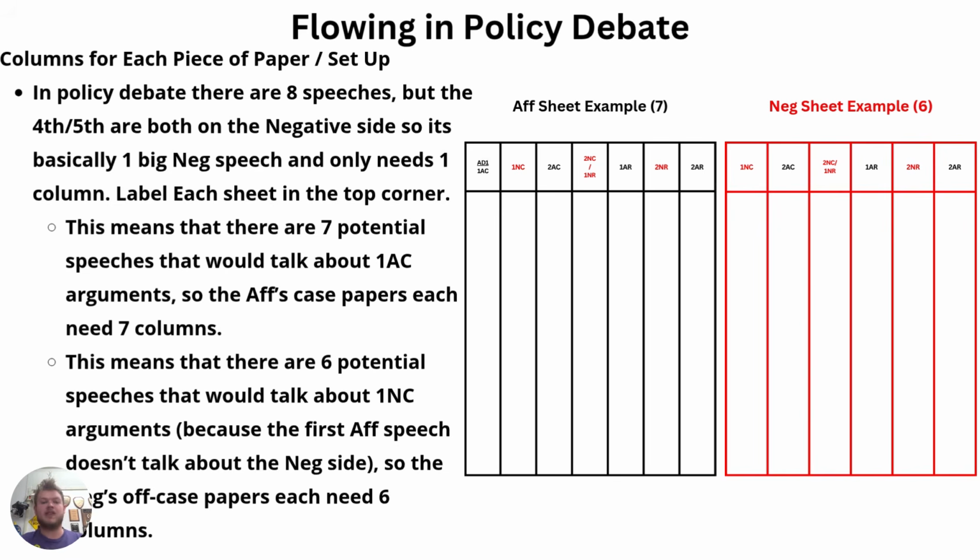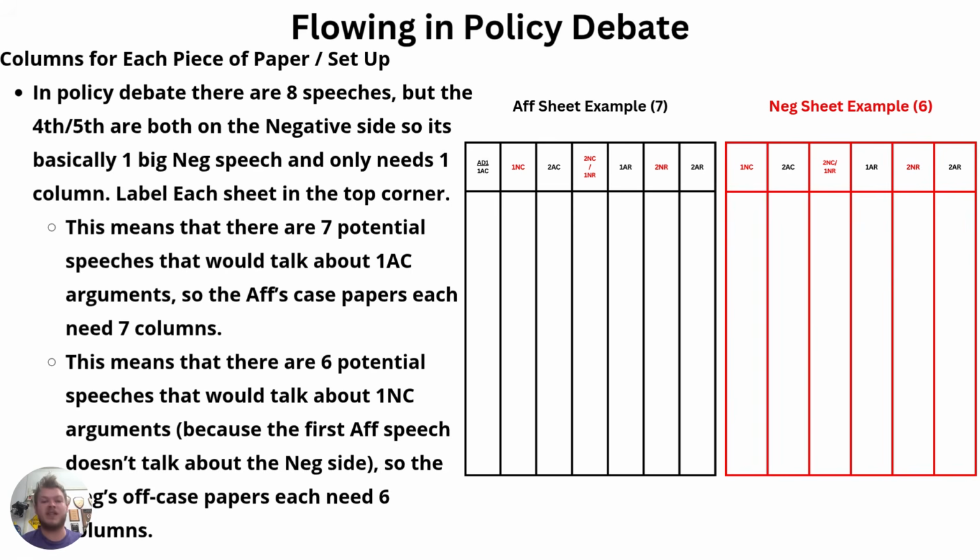So this means that if there are 7 speeches technically in a policy debate, then there are 7 that would talk about the affirmative's arguments beginning in the first affirmative constructive. So any piece of paper that the affirmative's arguments go on, whether it's an advantage, framework, harms, inherency, solvency, needs 7 columns. Whereas any negative arguments that they start talking about for the first time in the first negative constructive, so disadvantages, topicality, theory if the negative reads it, critiques, counterplans, all of those would need 6 columns